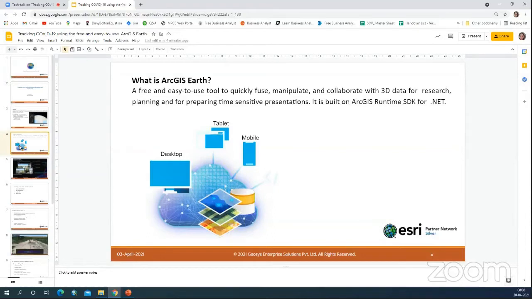You can see and visualize the data on a 3D platform, and you can fuse, manipulate and even collaborate on the data in 3D for research planning and for preparing time-sensitive presentations. On which platform was ArcGIS Earth built? ArcGIS Earth was built on ArcGIS Runtime SDK for .NET. You can install it not only on your desktops, but also on your tablets and mobile devices.